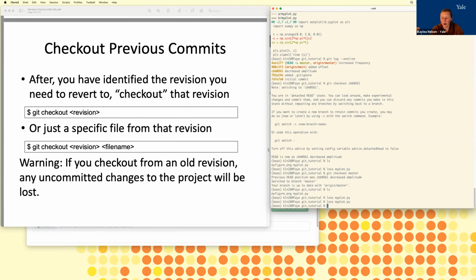So that's sort of how you say, okay, I'm done looking around the past in the purely observer mode. I want to go back to the present. So why would you perhaps want to go back into the past if you can't actually change things and save stuff? One really useful use case for this is if you're working on your code